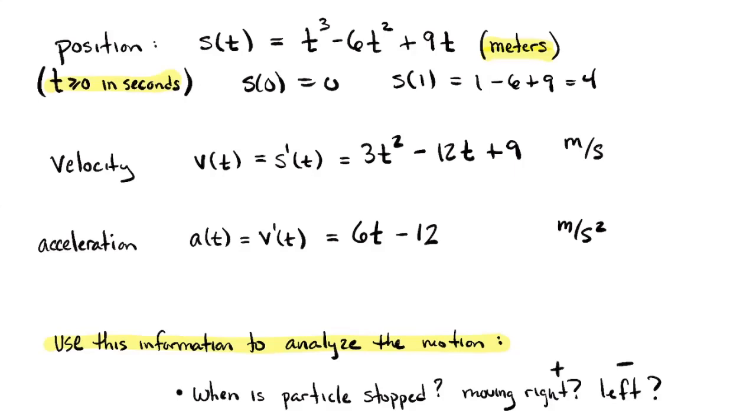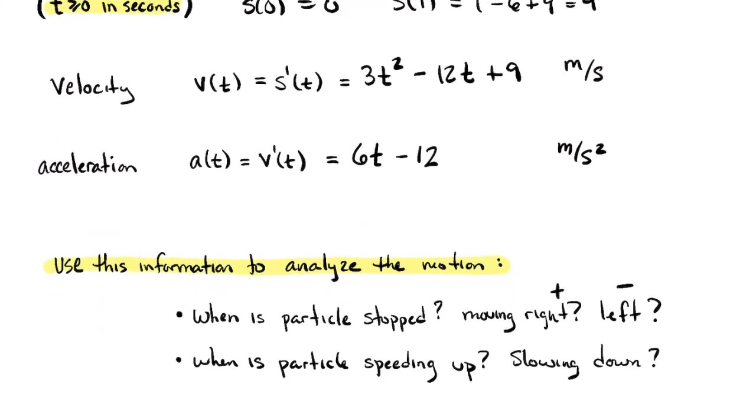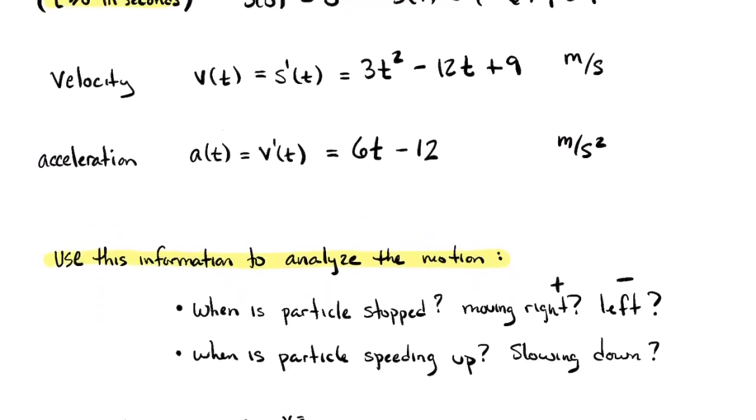And I want to use that information to analyze the motion. You can see some of my questions here. I'll have to scroll back to do some calculation. But what kind of things do I want to answer? I would like to be able to say, where's this particle stopped? Where is it moving right? Where is it moving left? So we said above,